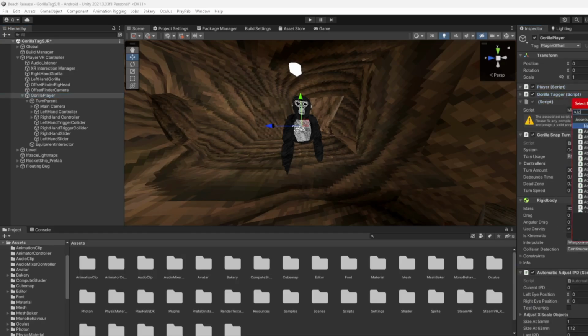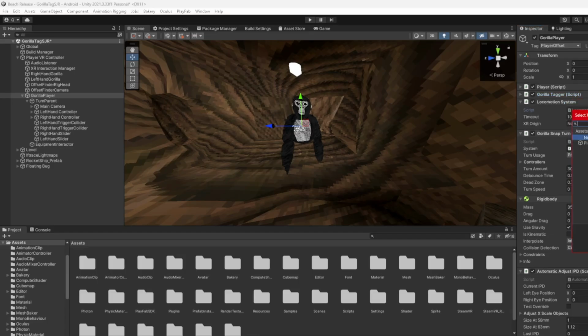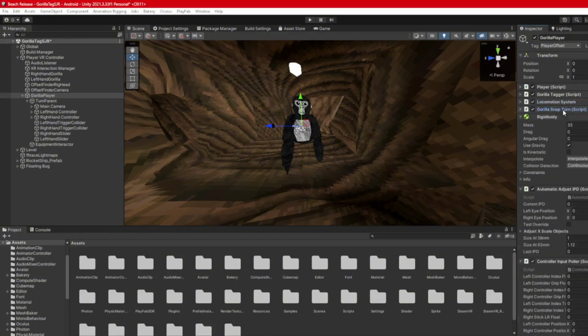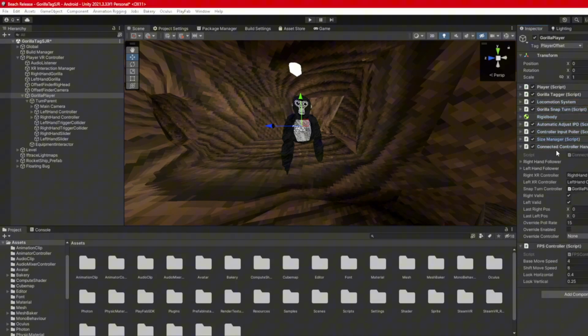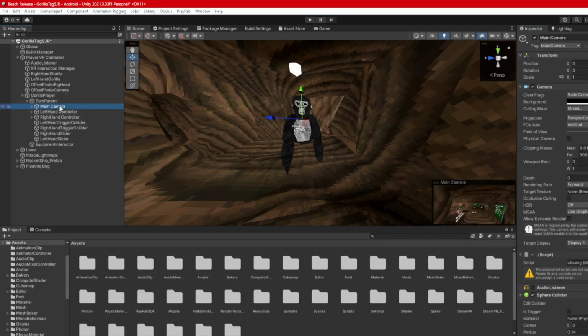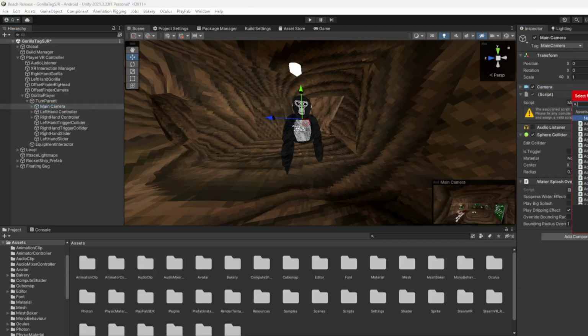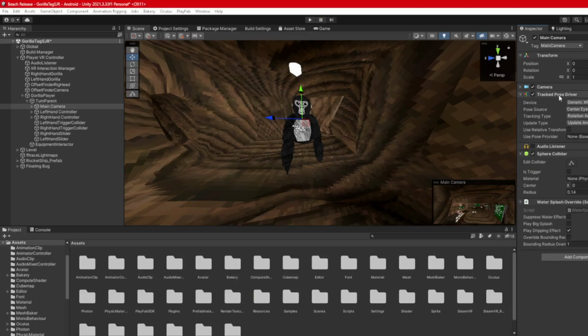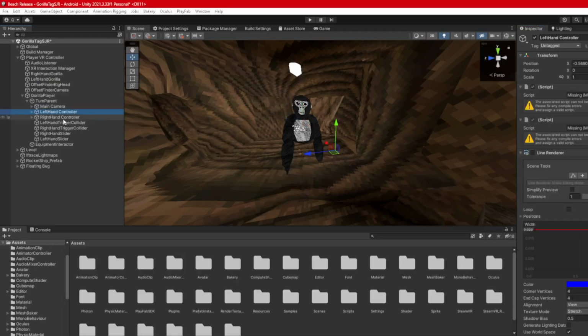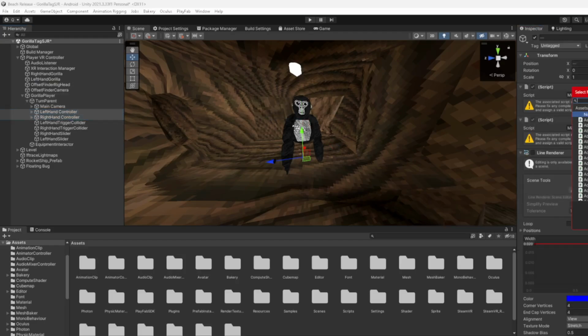Now go to player. It's missing script. Make it locomotion system. Press this. Motion system. XR origin. Make it player VR controller. Now you can just go down like this. Now main camera. This is a script. Set this. Okay. Track pose driver, like so. The second one. And left hand controller and right hand controller. This top one, make it